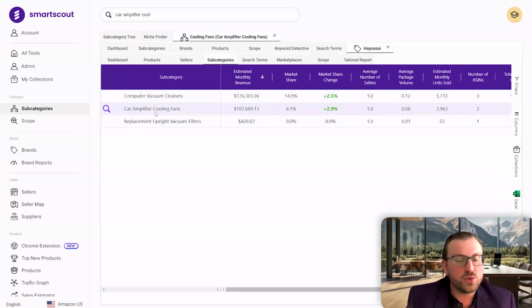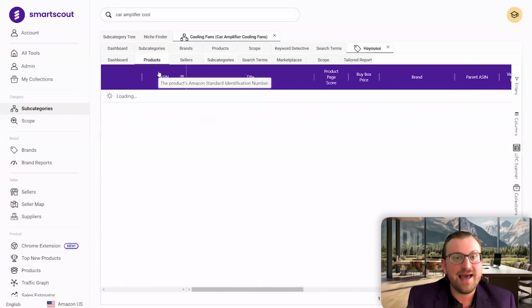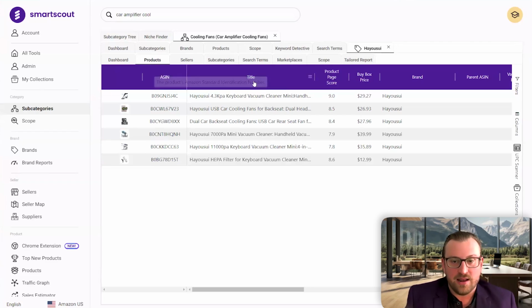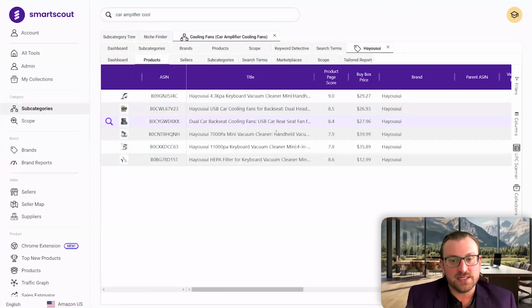But they're growing in this cooling fans area, and we could also see all the products they have. So again, if I'm thinking about going into this space, I'd research all the top brands, and then I'd see what kind of prices I can get from manufacturers, etc., and help me make my decision whether it makes sense to enter this market.